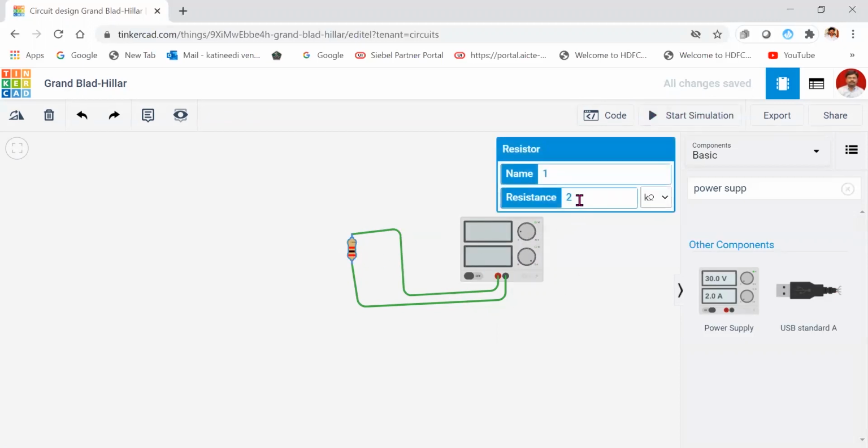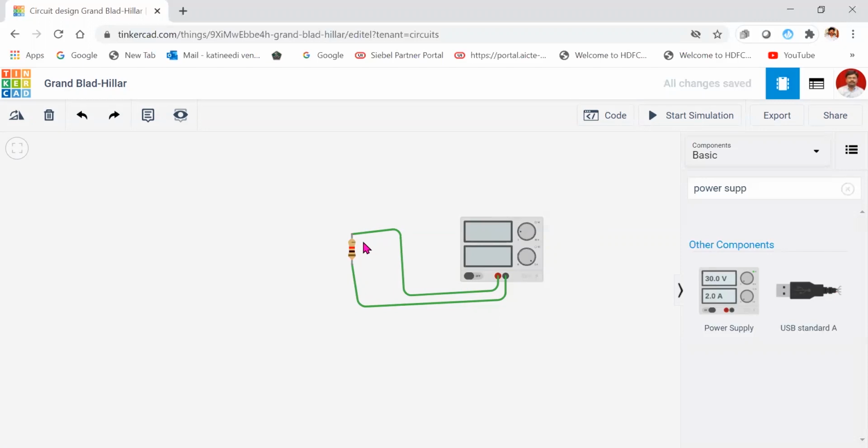Next, with the same resistance value of 1 kilo ohm, I am taking one more resistor, and that resistor I am first connecting in series and will check. To connect in series, first we have to delete this wire. For deletion, just click on the wire and delete.